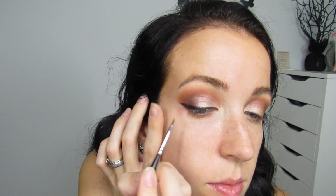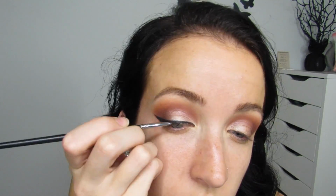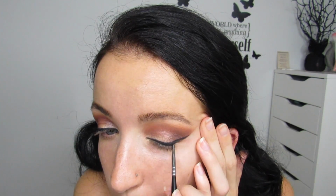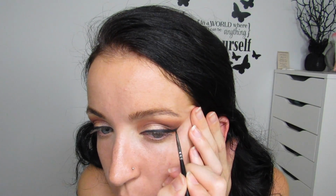And I just drop my brush. And the brush I'm going to be using is my small detailed liner brush from Morphe as well. And I'm just going to create a nice big wing. Now that I have my eyeliner all done, got some intense wings going on, I'm going to go in with